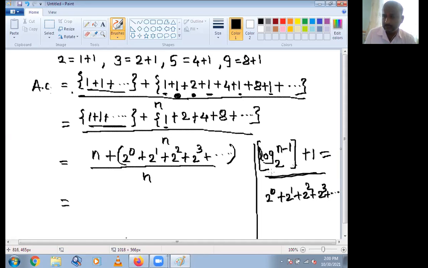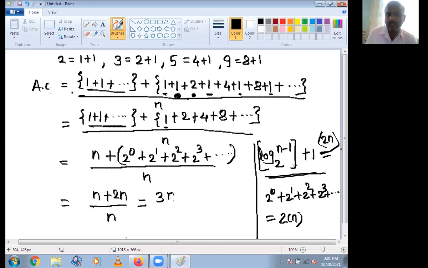And this log 2 raised to n minus 1, all plus 1, is also equal to 2n. That is, we can directly write here n plus 2n, all divided by n, which is equal to 3n divided by n, which is equal to 3.